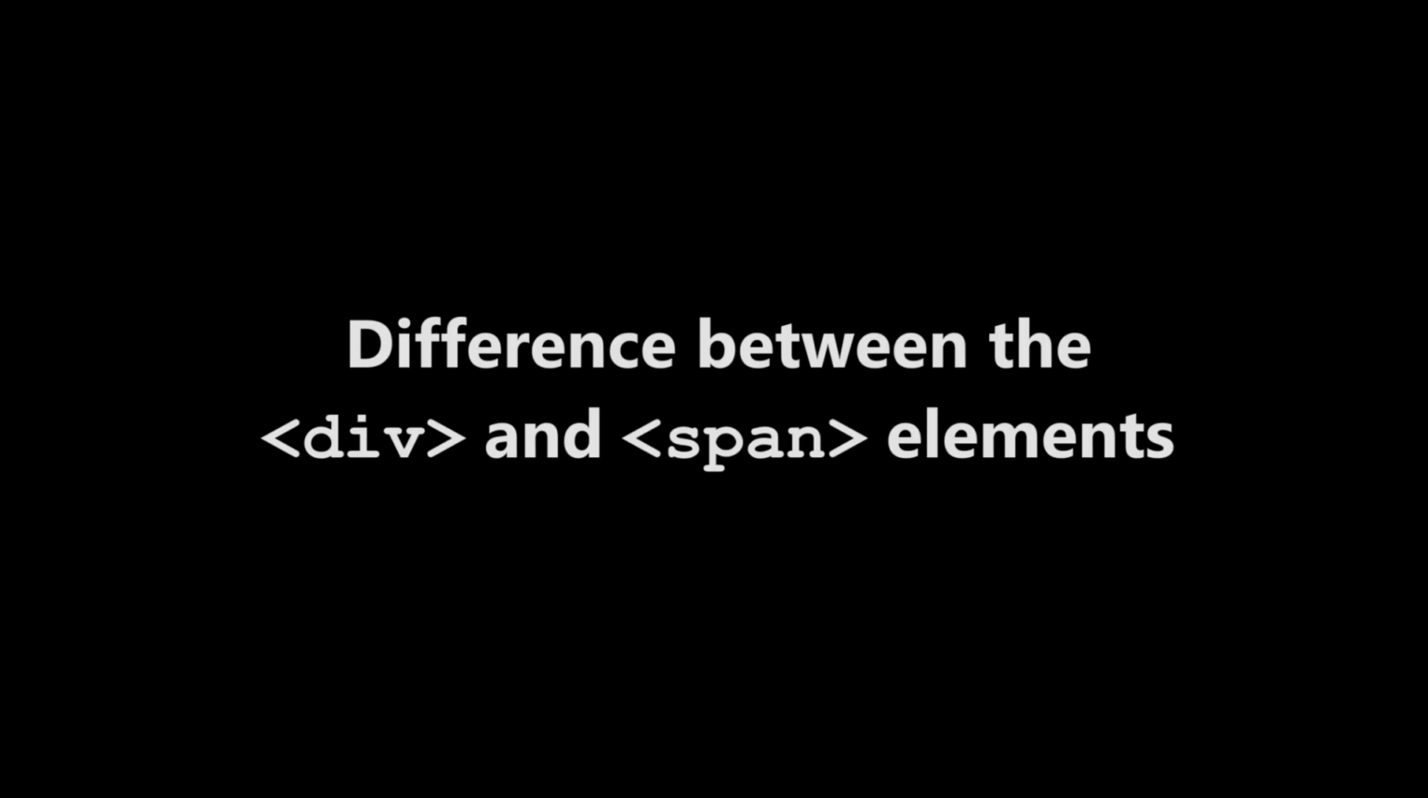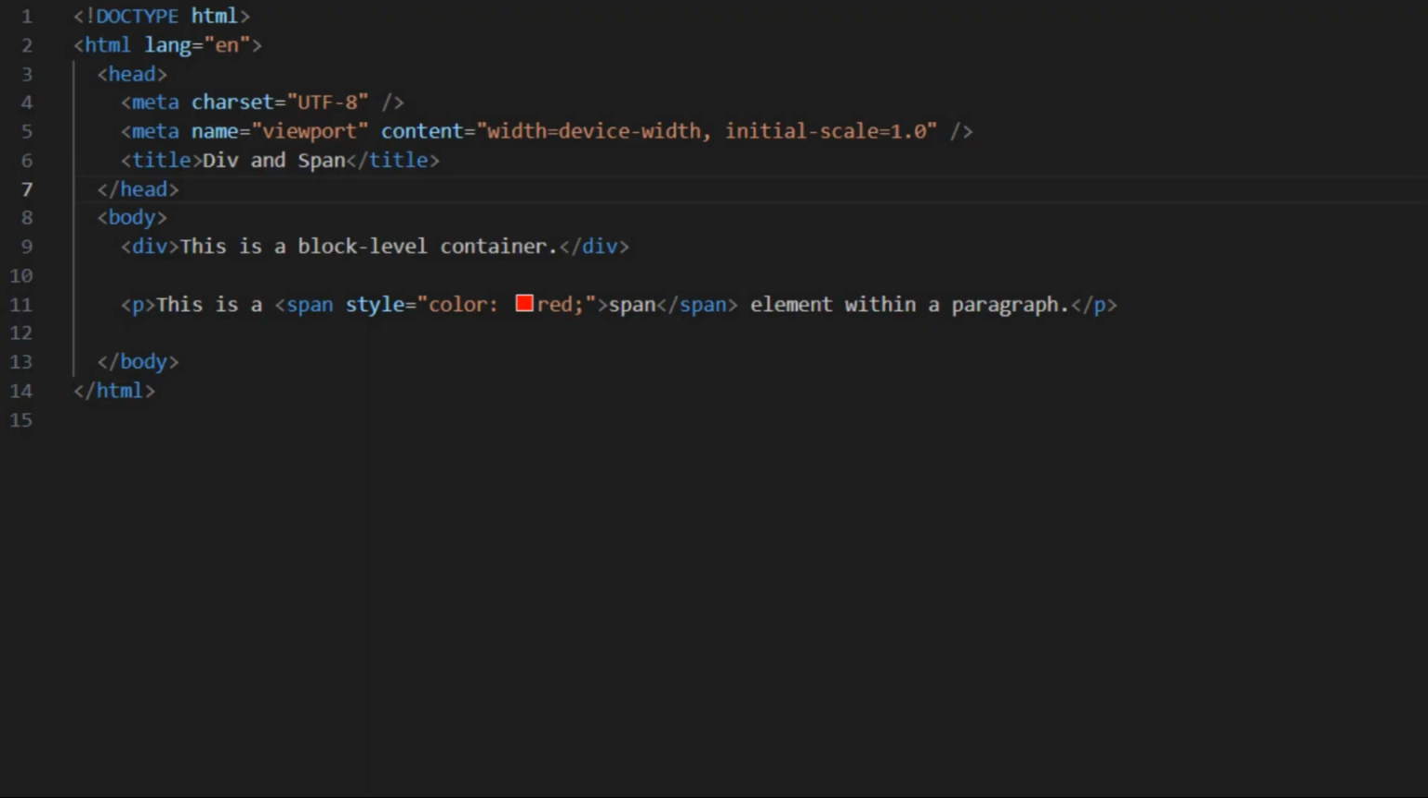Explain the difference between the div and span elements in HTML. Div and span are both container elements, but their usage differs. Div is a block-level element, ideal for grouping larger sections of content, creating a new block on the page. On the other hand, span is an inline element, used for applying styles to smaller, specific portions of text without